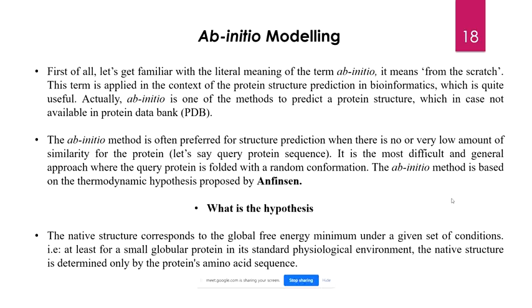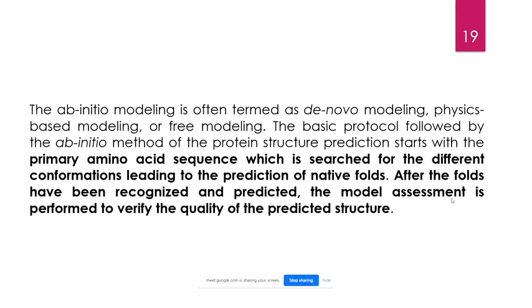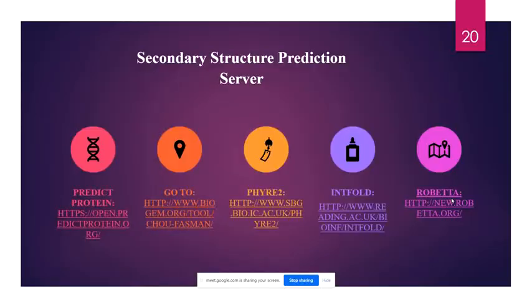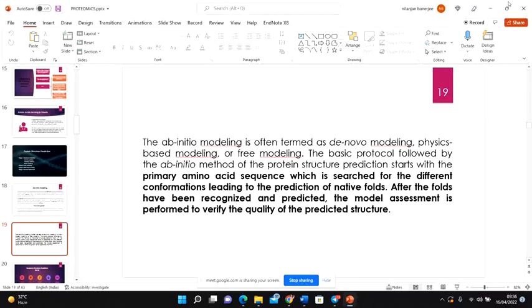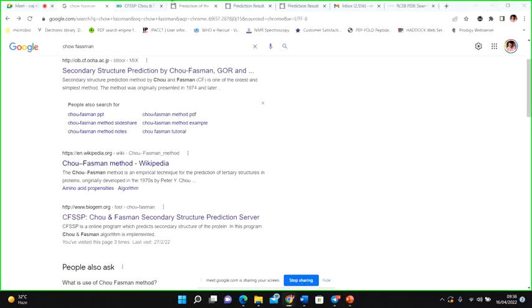Clear? Okay. So similarly, what they do is they simply use those amino acid structures to find out which amino acid has high propensity to form alpha helix, and they assign that role to that, and that's how they predict the structure. So now we are going to focus on